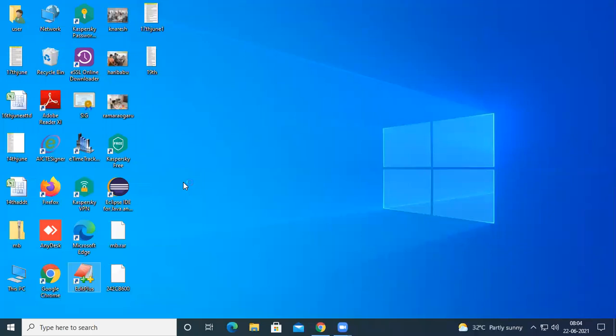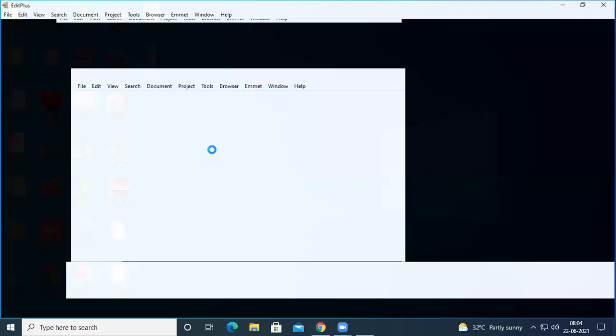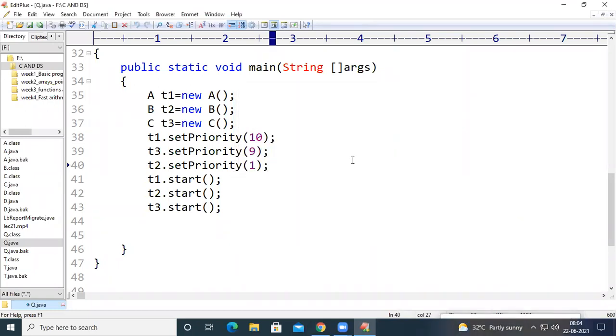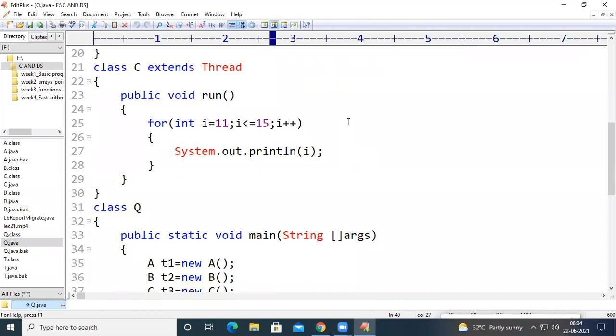Suspending a thread, we have seen three types: suspending a thread depending upon time, suspending a thread depending upon a condition, and suspending a thread without a condition. Here we use the sleep method, join method, suspend method, and then resume method. Along with that, we have covered start and stop.